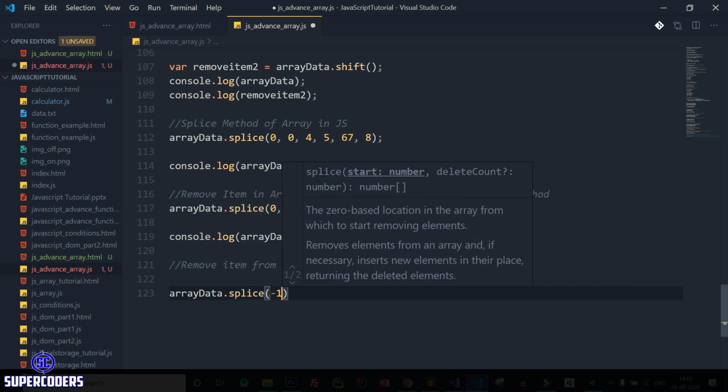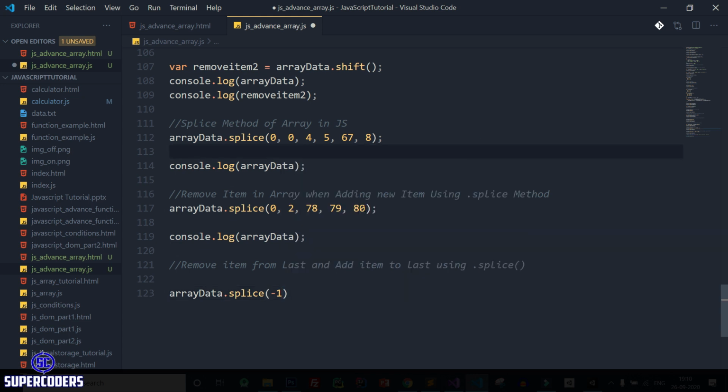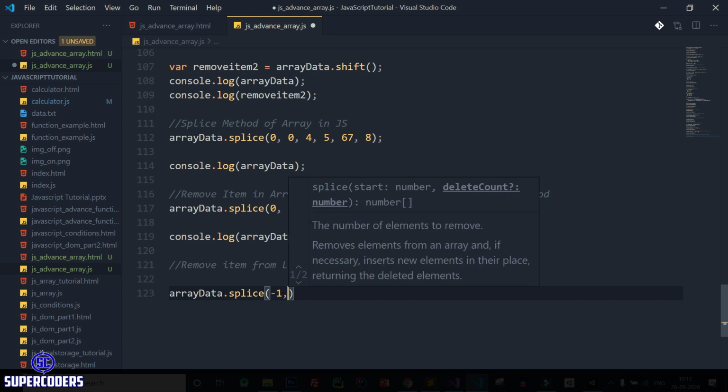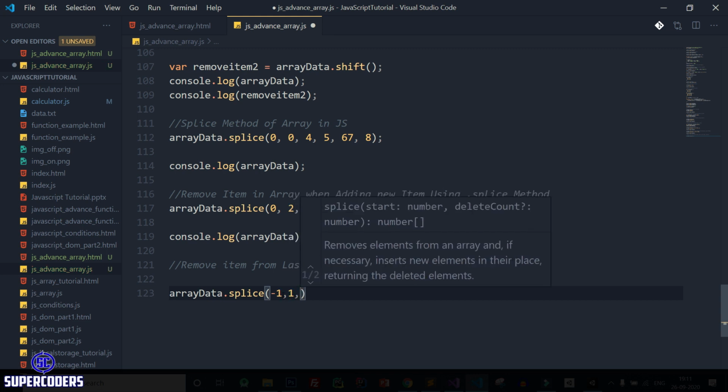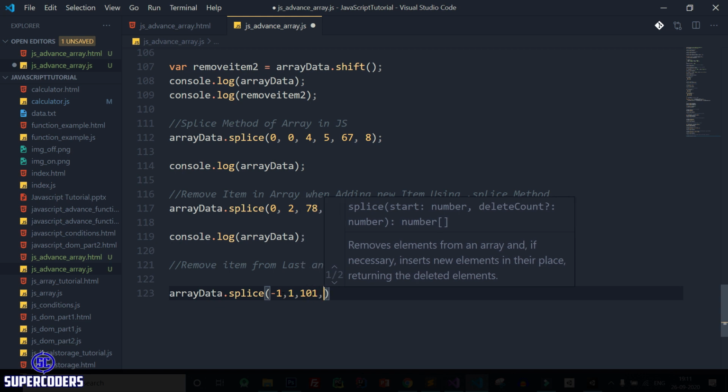So -1 represents the last item, which is 8, or any last item, like here 80. If I pass a negative number, it accesses the last item and starts from the last item. After that I want to remove 1 item and add 2 items, so here 2 items, like 101, 102.